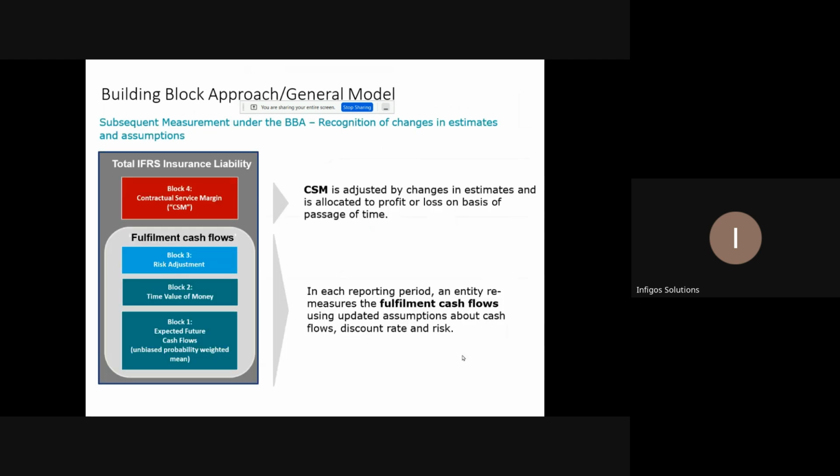So we had discussed four blocks, but I have one more question. Contractual service margin, so every year I have to showcase that in our balance sheet, right? In the Excel sheet you are calculating for the next 20 years. But suppose I want to record it in my balance sheet for this year, then why should I calculate for the next 20 years?